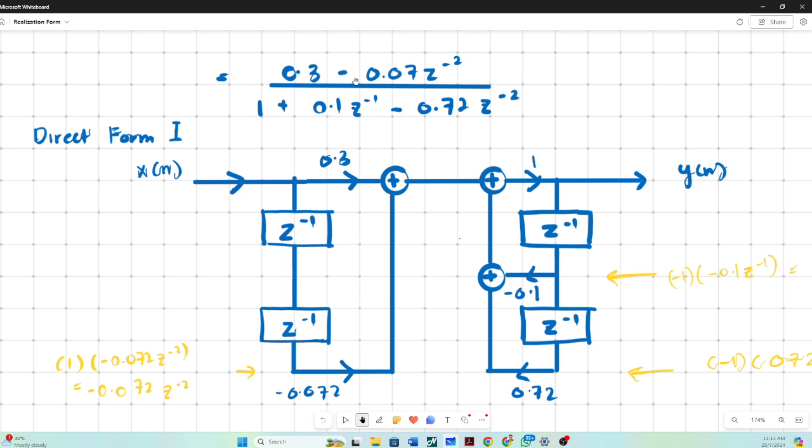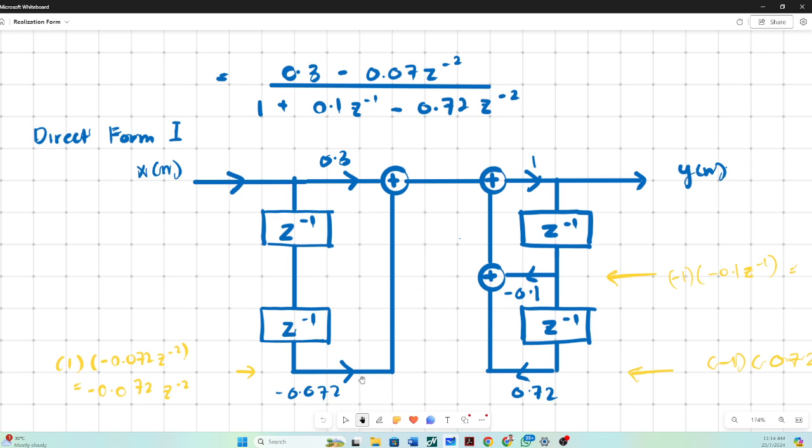And then the amplitude becomes 0.07. The direction to the right means the amplitude is positive, so to make it negative, we need to multiply by negative 0.07. Right, we finish for the